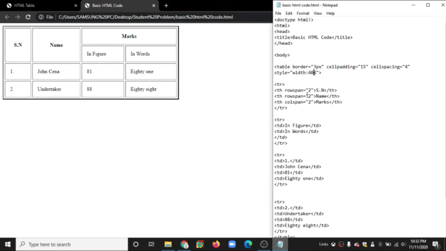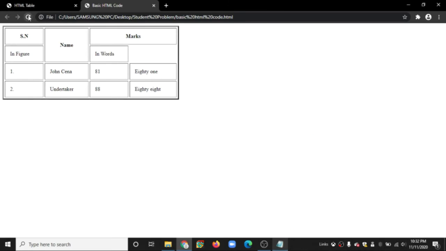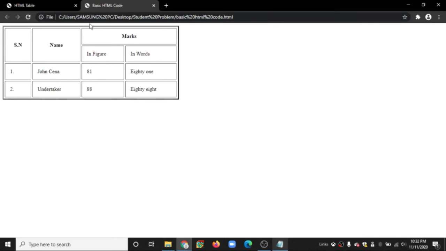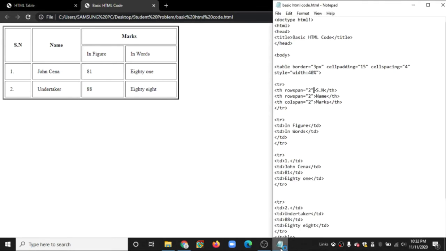If we hadn't used the rowspan, control save. Look here, the boxes will look like this. So to remove this unwanted output, we have to put the table rowspan equal to 2, and then control save, and we get the desired output. So after this, with rowspan equal to 2, we cannot see any horizontal line between this section and name.